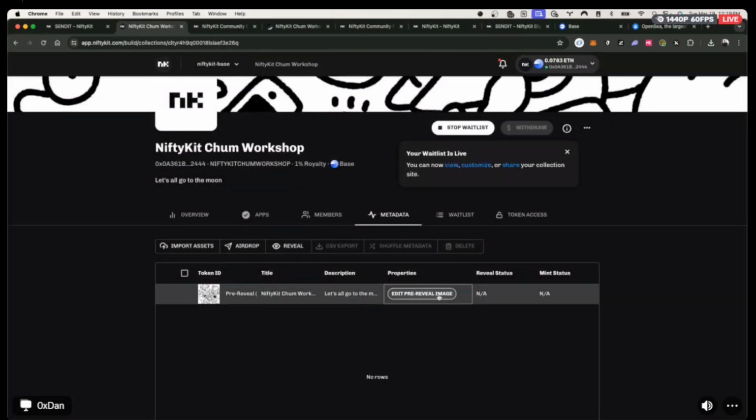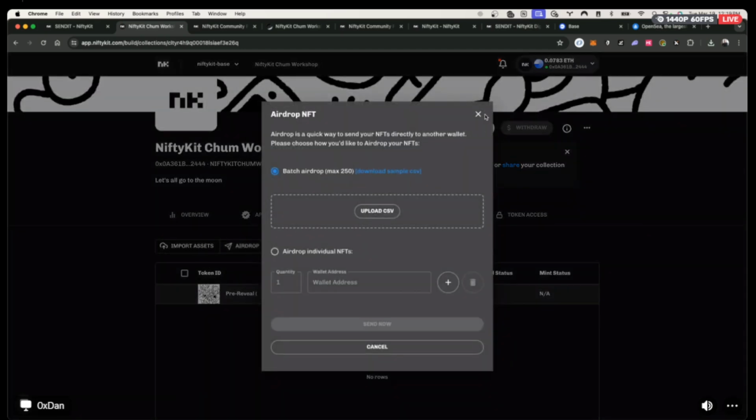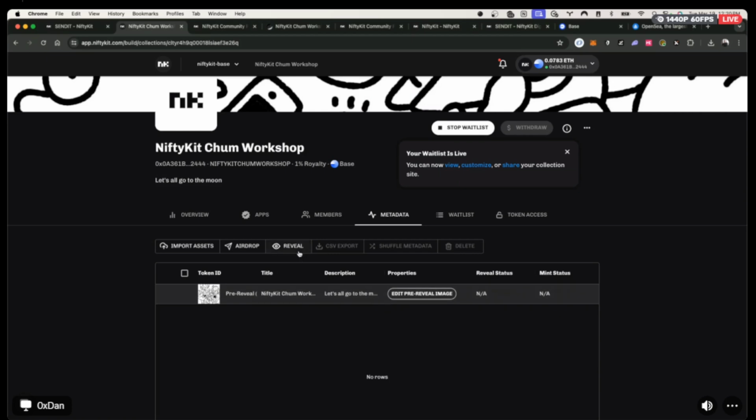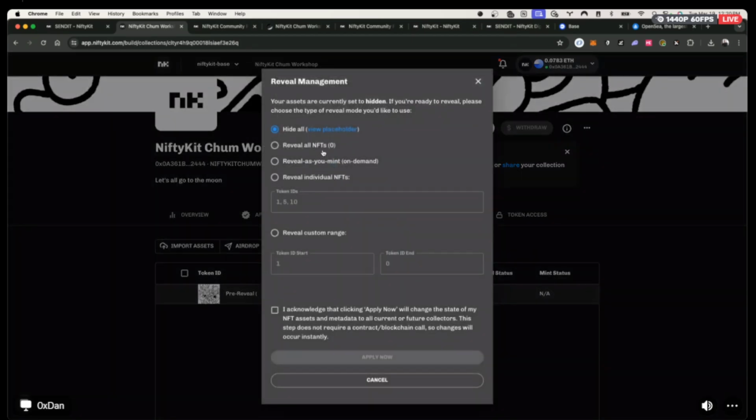But once that's created, then you'll be ready to import your assets, do airdrops, or manage your reveal. Starting with the reveal, depending on how you set up your project, we're going to just have them all hidden by default. So when these get airdropped or minted, it's just going to show this pre-reveal image. And then later on, I can basically continue revealing it on demand, reveal all NFTs once they're minted, or if